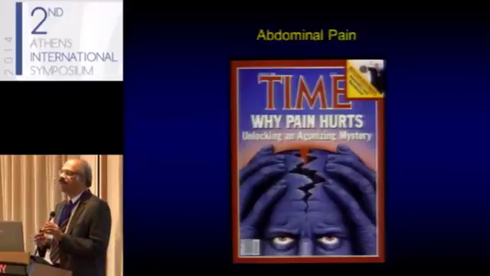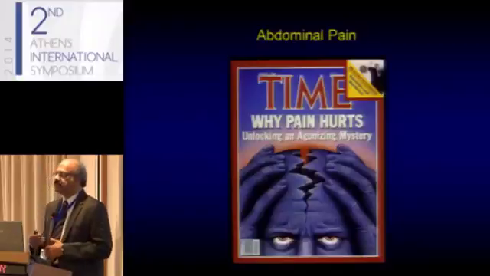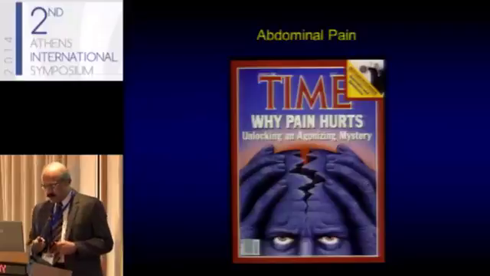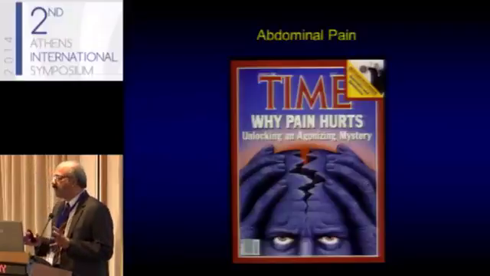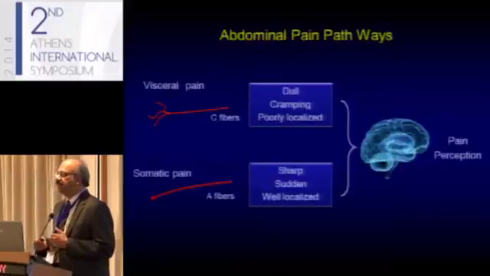In fact, for very long, we didn't understand the pathophysiology of this pain. In recent years, there has been a lot of contribution from neurobiologists who have told us why pain occurs and how it's transmitted and so on. And for abdominal pain, we have now clearly marked out the pathways: there are two types of pain that can occur coming from the abdomen.